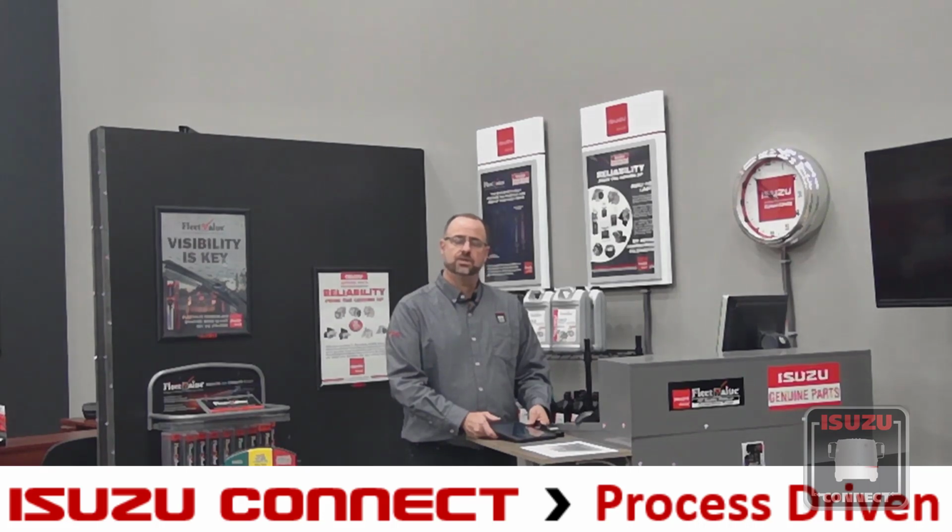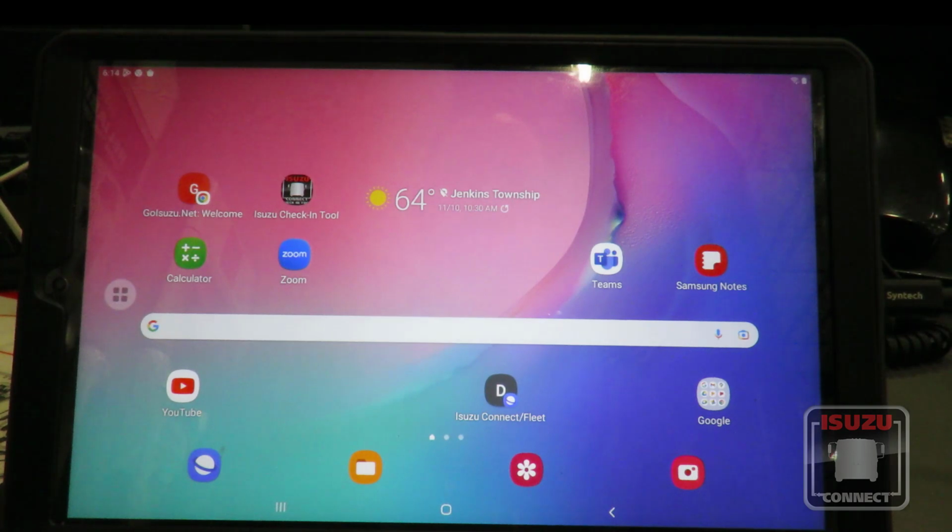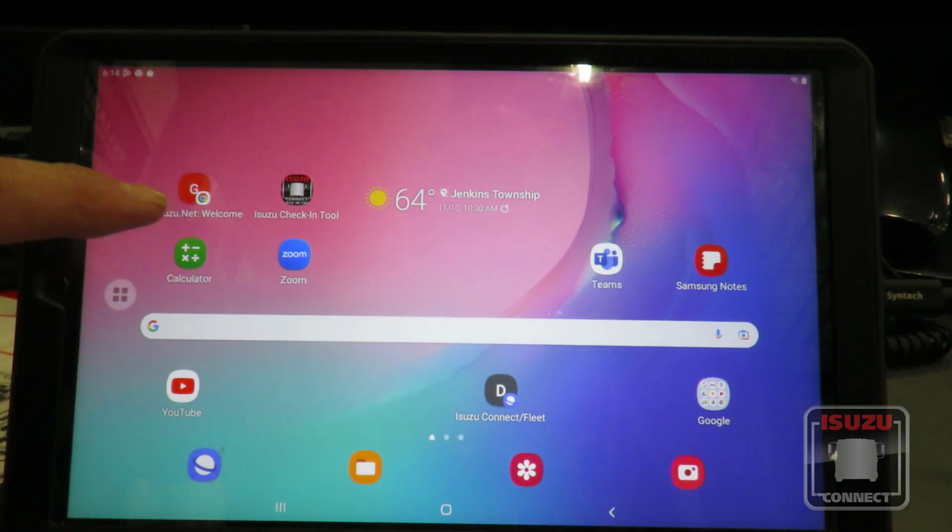Today I'd like to talk to you about some of the new enhancements that the Uptime service team has come up with for the new check-in tool. Let's get into looking at how we download the updated software, and we'll upgrade our tool and then we'll put it to use. So to set up the Isuzu check-in tool, we'll first want to navigate to the Go Isuzu